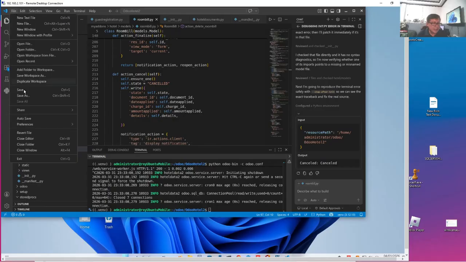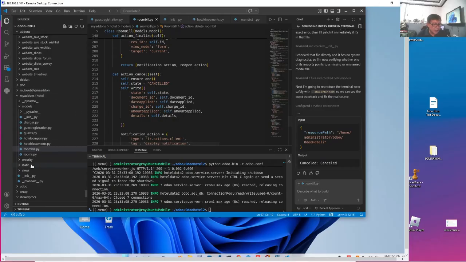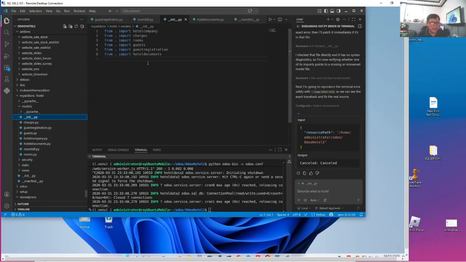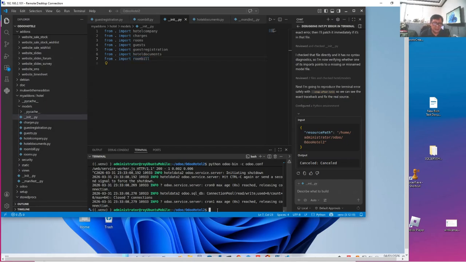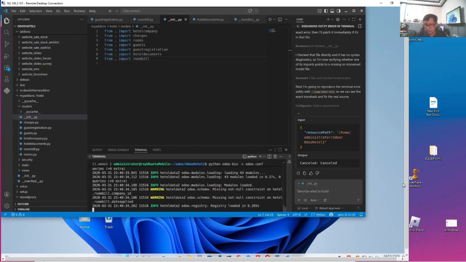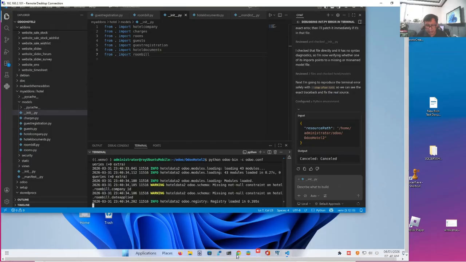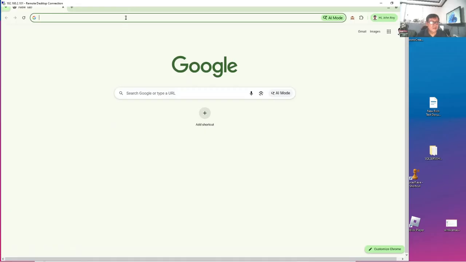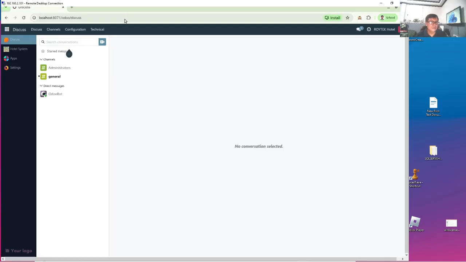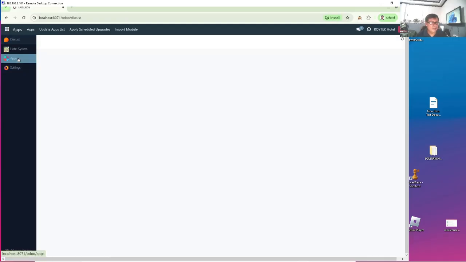Let me save this and let us add this to our init.py. So you say from dot import, we just do a tab, then save all, and then let's update our hotel app. Go to Odoo. There it is. We go to apps.